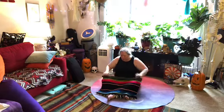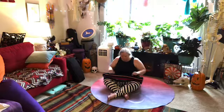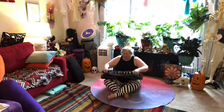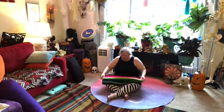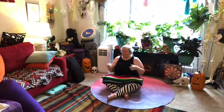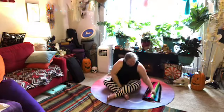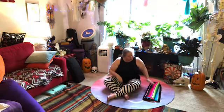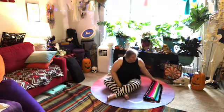So what you could do is take a blanket and roll it up, because this is going to go under your upper back. Now for me, rolling the blanket is fine, but it's a little bit more intense than if I fold the blanket. So if I take the same blanket and fold it twice so that it's a little flatter, this is more comfortable. So if you get into the pose and you're really uncomfortable, you can play with the props, like you can even unroll it one time. So there's one less roll in the blanket,